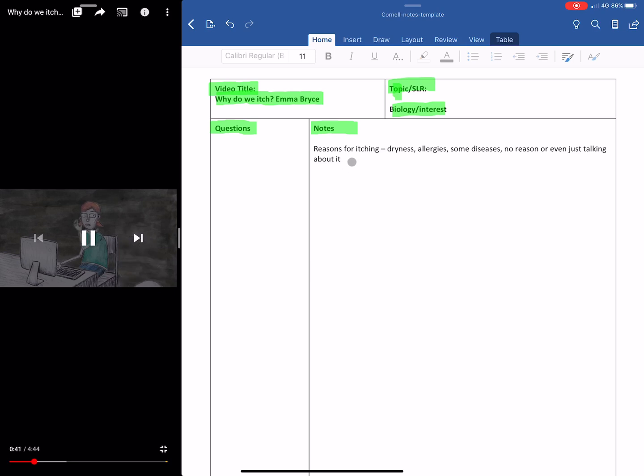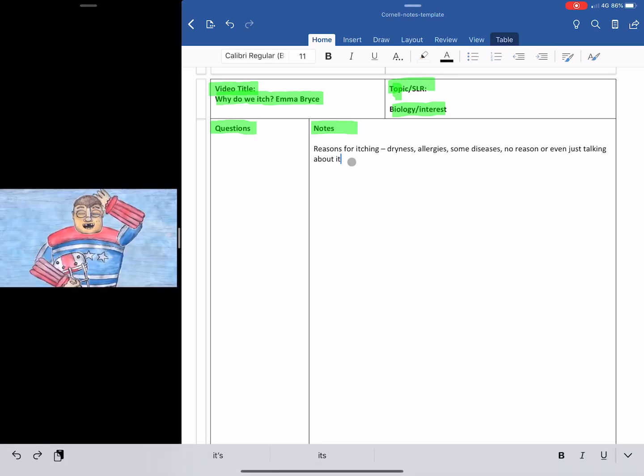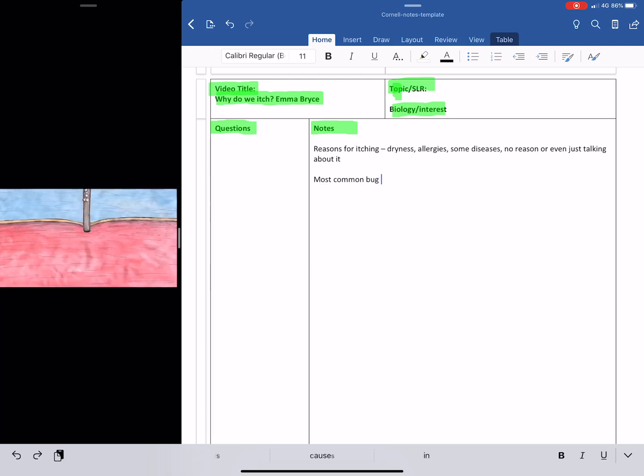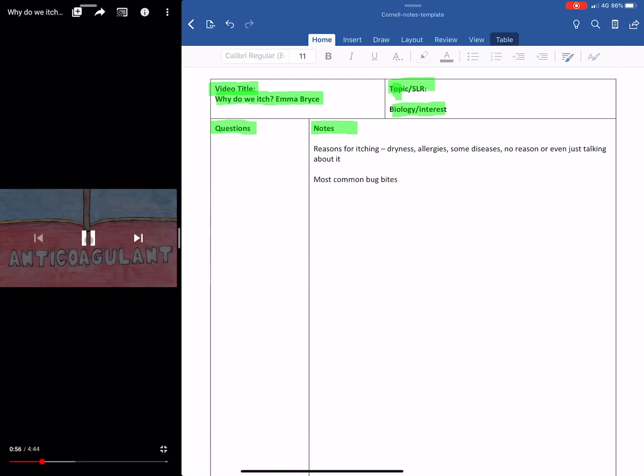From talking about itching. You're scratching your head right now, aren't you? Anyhow, let's take one of the most common sources, bug bites. When a mosquito bites you, it releases a compound into your body called an anticoagulant that prevents your blood from